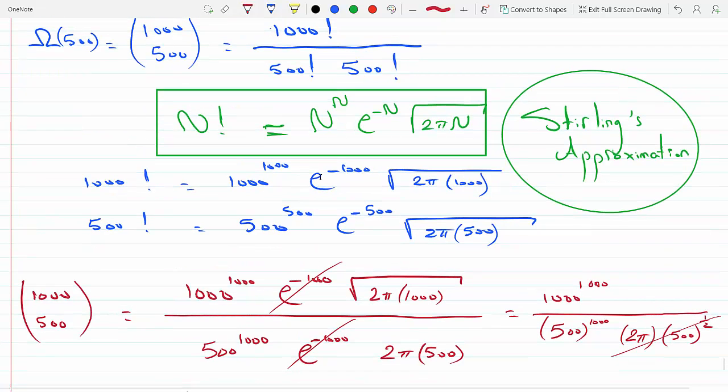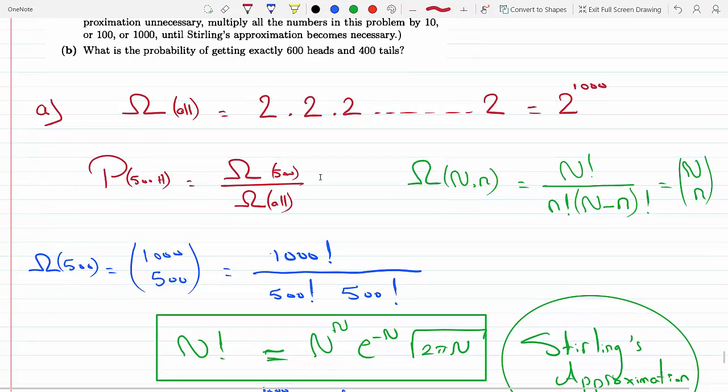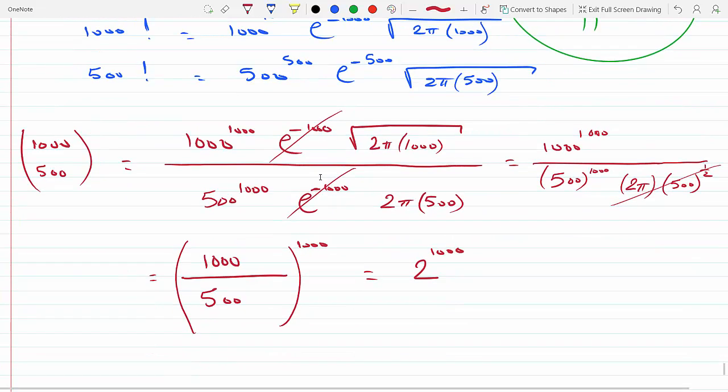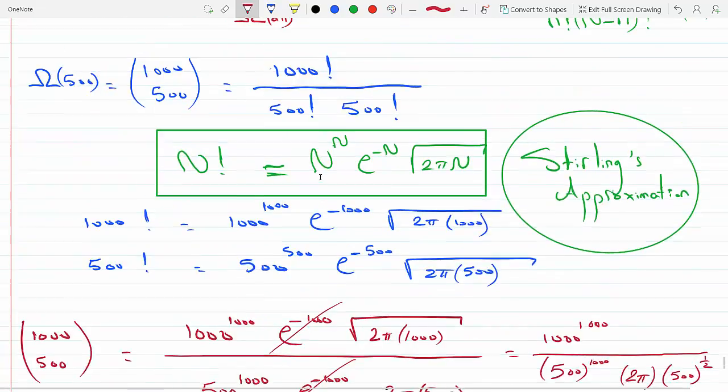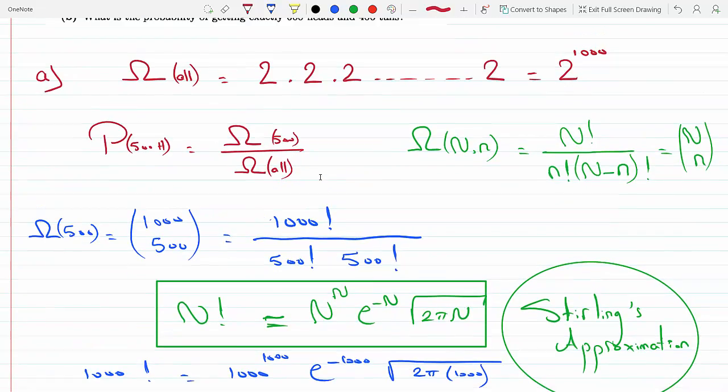Now I'm gonna go back. Remember, I have a factor of 2 to the 1000 in the denominator, so actually I didn't have to ignore these. Let me leave the denominator as is so we can get a somewhat more accurate answer. So I'll just leave here 2 pi square root 500. We don't need to ignore it to make this work, because I just realized we have 2 to the 1000